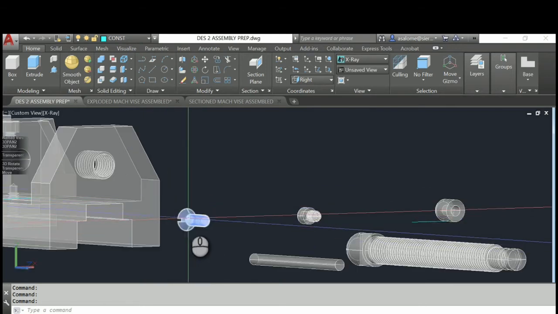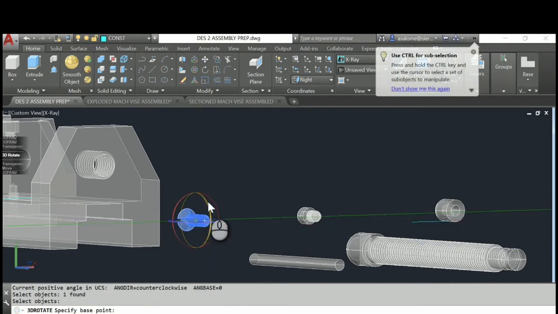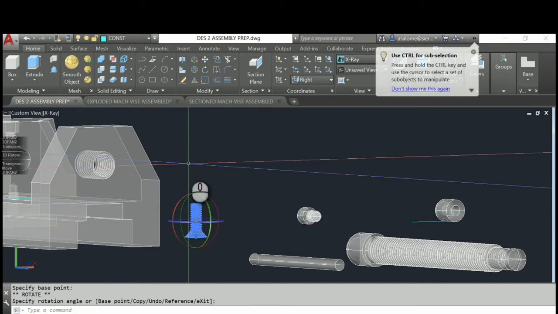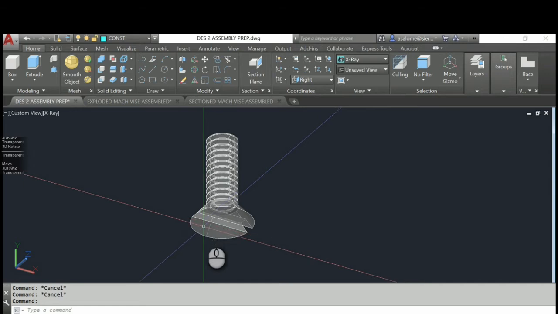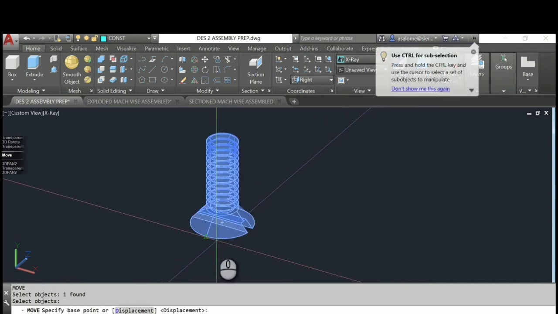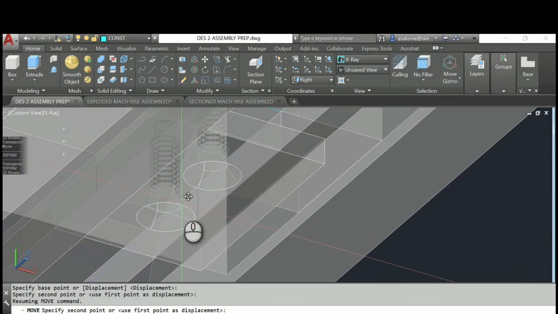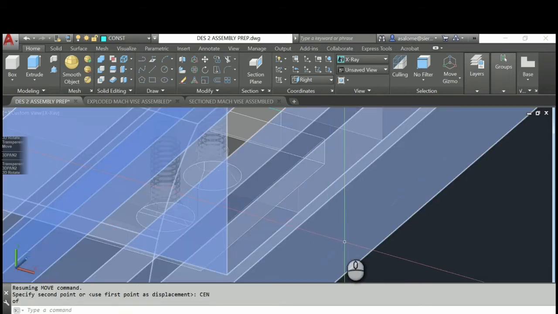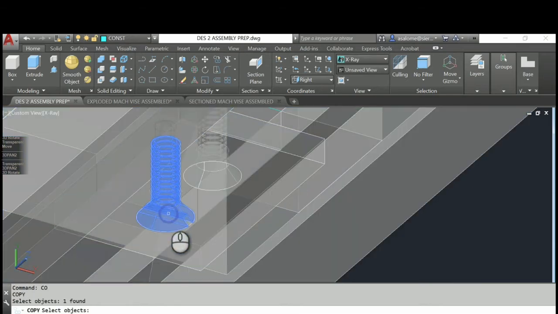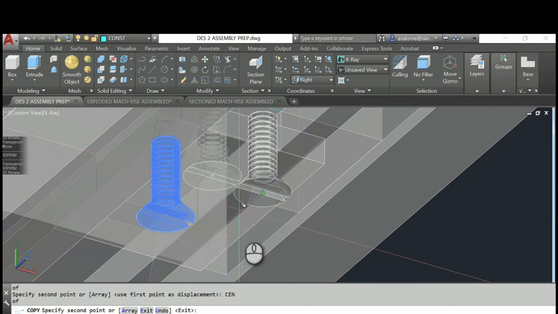Okay, and then what would we do? Then we would put our flathead screw in, but it's turned the wrong way. So let's 3D rotate gizmo. I'm going to pull that up this way. And then I need 2 of those. Well, I don't want to copy it yet. Let's put it into position. So let's move it from the center of the head to CEN, enter, here. And then I can copy it, just my regular copy command, from the center here to the center here.